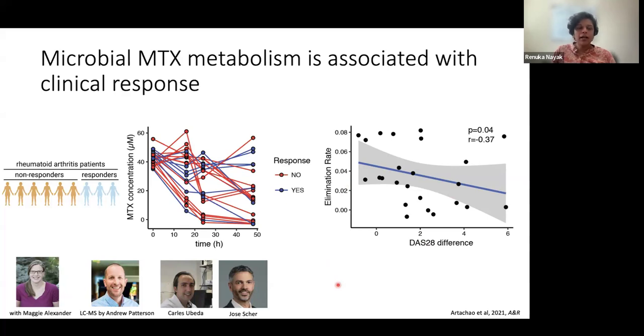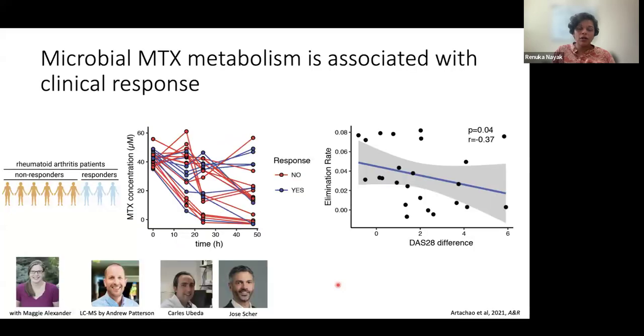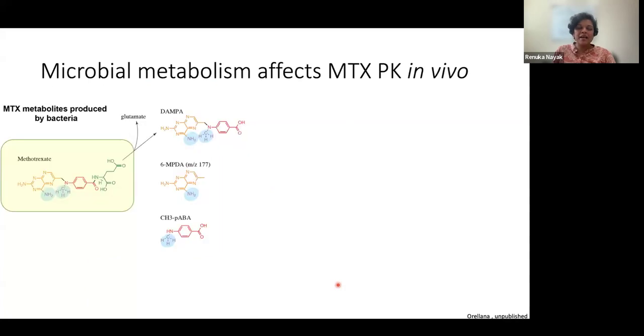And so that led us then to look in vivo. So this is ex vivo. We haven't actually looked in the blood of these patients yet. We will, but I don't have that data ready to show. It's not ready for prime time. But what we did was then we looked in mice, where we can control for everything, right?